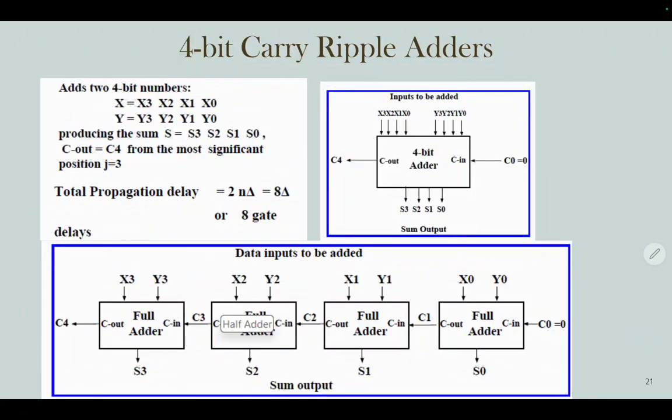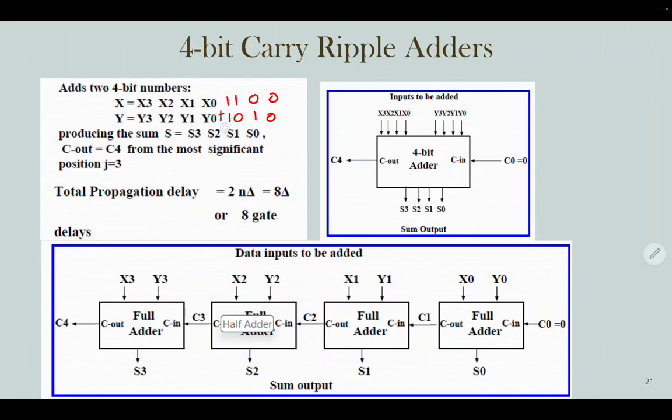Okay, this is an example of a 4-bit ripple carry adder. How does this 4-bit ripple carry adder perform? It looks like you have x and y inputs. You are trying to perform the operation x plus y, but in 4-bit binary. For example, you have 1 1 0 0 and 1 0 1 0.